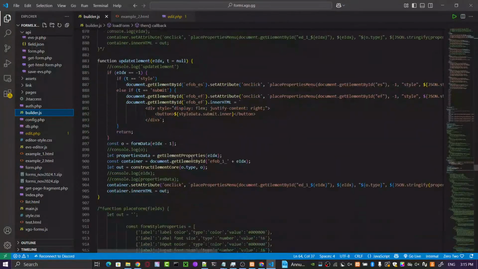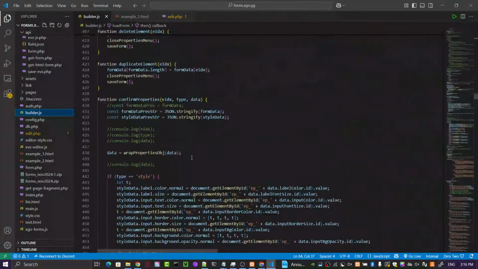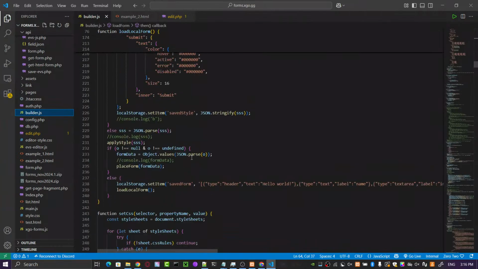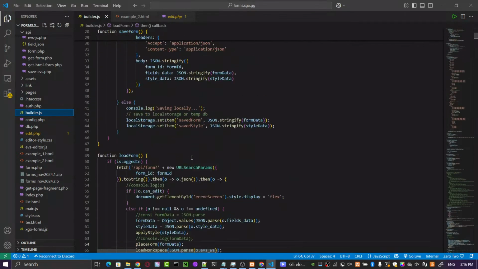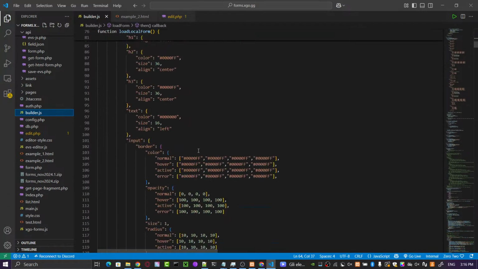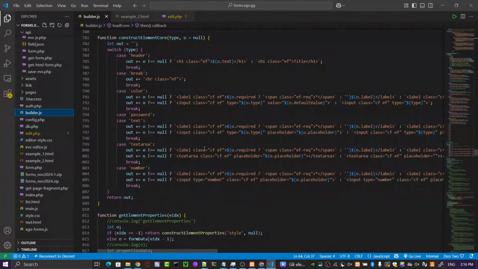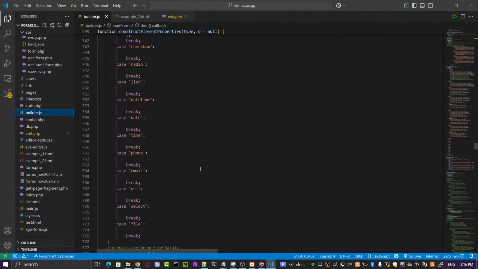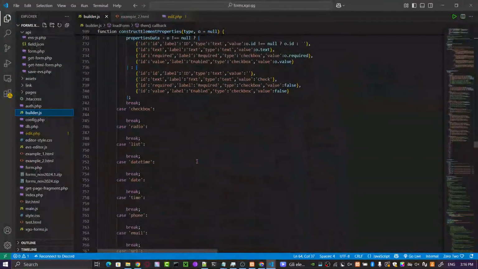Yeah, there is so much commented stuff here. It's a bit messy. I'm trying to see what I can add.